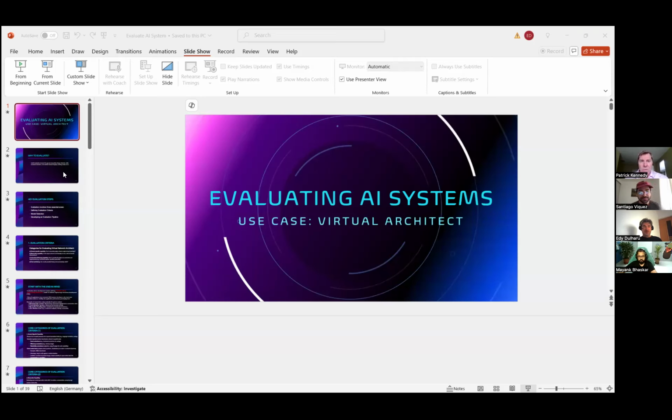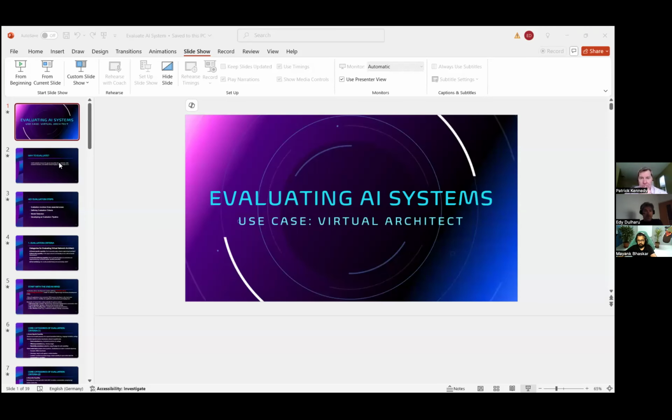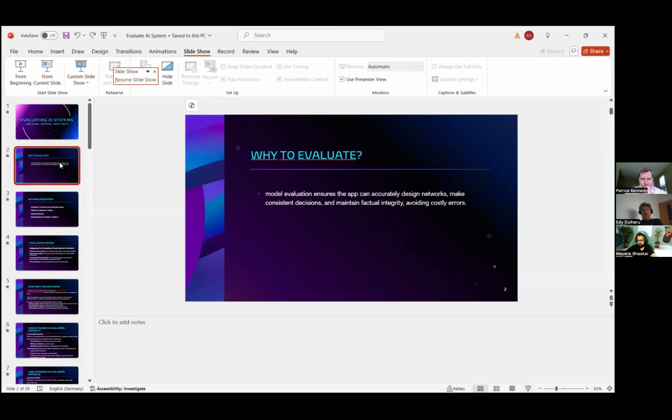So what I said remains valid. Again, it's an opportunity for everybody, myself included, to apply this evaluation on the practical systems we develop. I want this presentation to be more than simple theory, and I'll try to apply this knowledge to a use case, which is my virtual network architect solution. So why do we need to evaluate? One good answer is because we want to test the results of our changes. How do we know if a change has a positive or negative impact on our overall solution? So we need to measure.